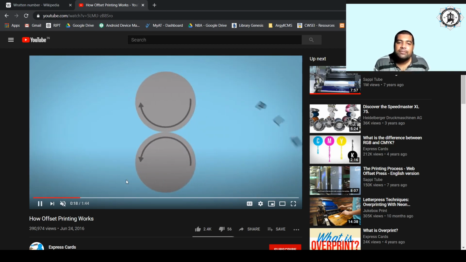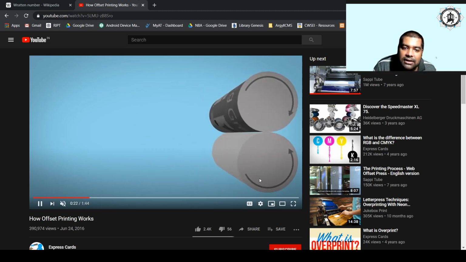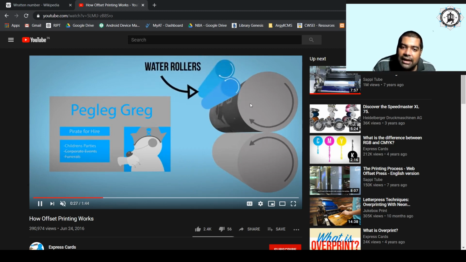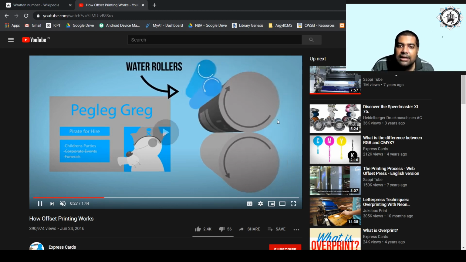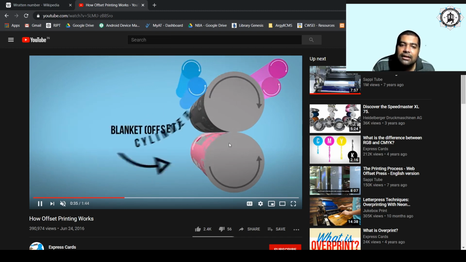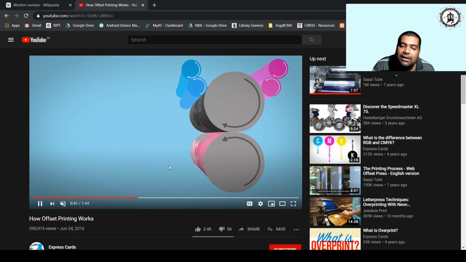So from each of the transparencies we get each of the plates, and from each of the plates we get one printed sheet. So this is your plate, this is your blanket. You wound the cyan plate around the cyan printing unit plate cylinder, and from that you water it, you ink it, and finally you get the final colored image onto the blanket and finally onto the piece of paper.